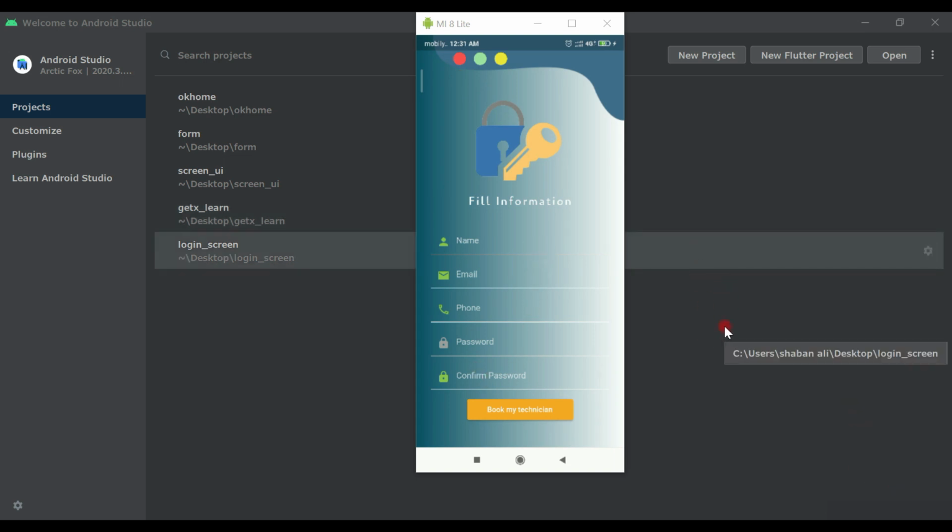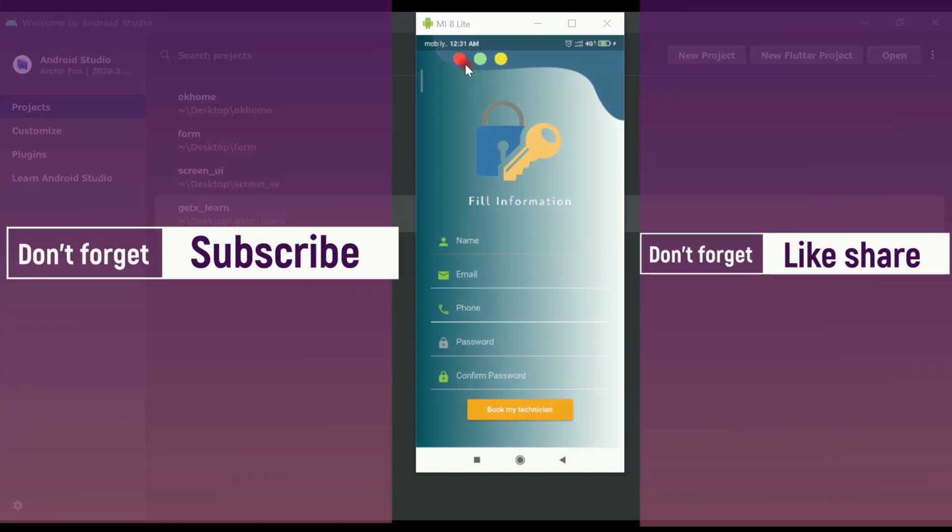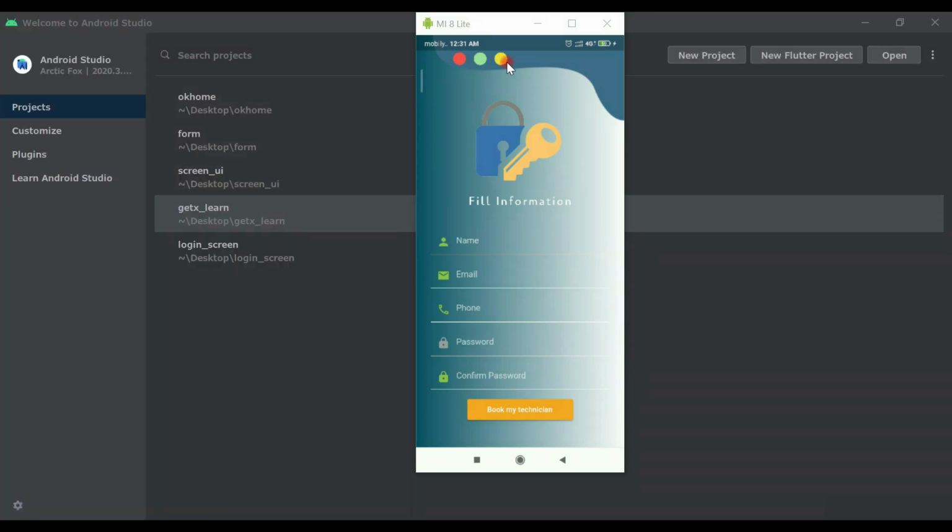Hello guys, welcome back to this new video, and in this video we are going to learn how we can design all these things. As you can see on the mobile screen right now, we have this sign up screen, and as you can see we have these three dots and we are using this, and it is colorful. And in the back side we have this curve, and as you can see in the linear gradient in the background. In the right side there is a light, in the left side there is a darkness,